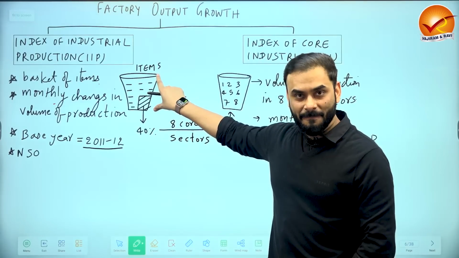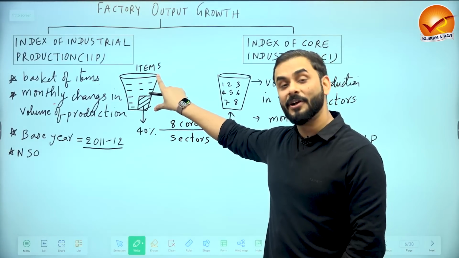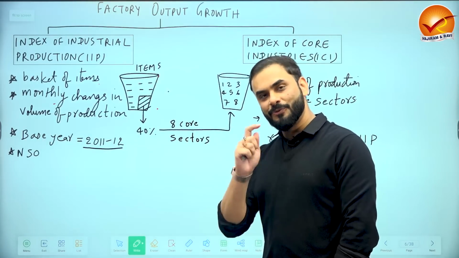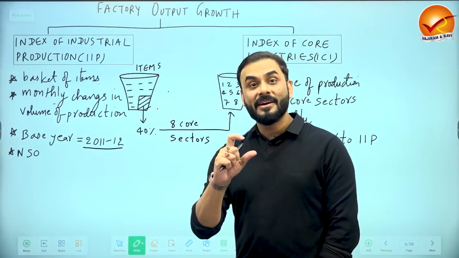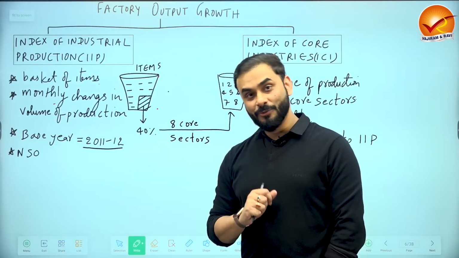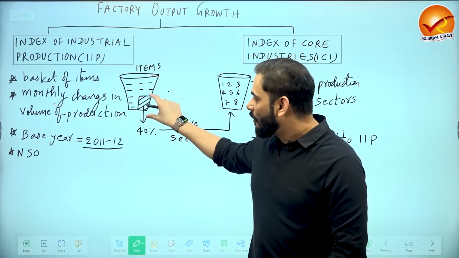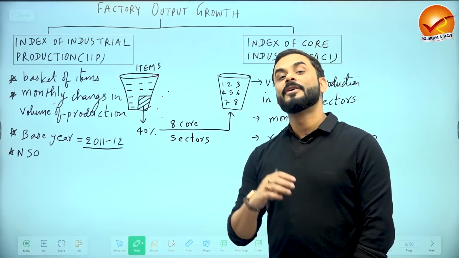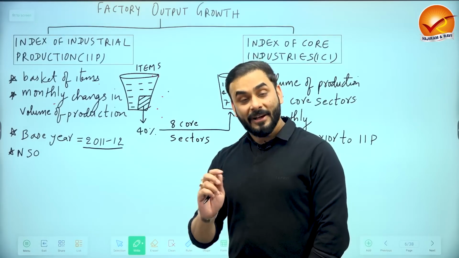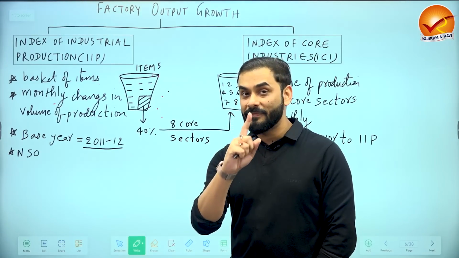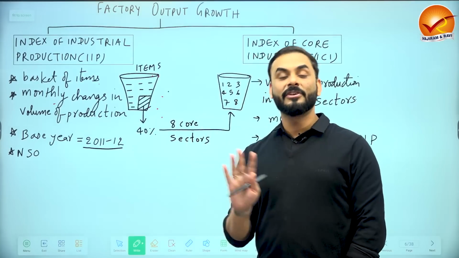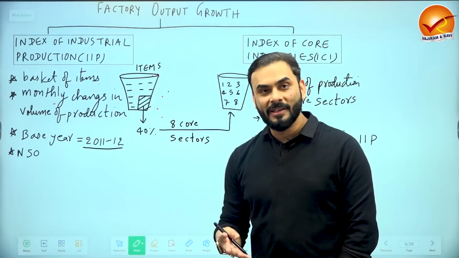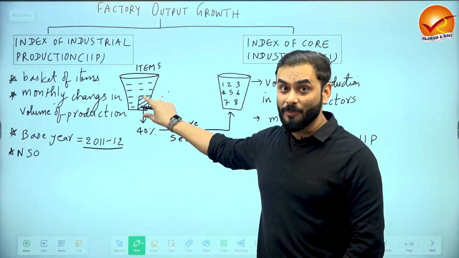So in this basket, you have put so many goods, right? 800, 900 goods. Don't do that. Instead of just doing this big exercise, do one more thing. If you want a quick idea about the performance of the industrial sector of the economy, do one thing. From this basket, take out a few goods which are the core sectors of the economy. For example, steel is a core sector, coal, electricity. These are core sectors of the economy because if they don't do well, the entire industrial sector will collapse. It's just like body and soul. So if this entire basket is your body, inside the body there is a soul. Soul is the very important part of it, right?